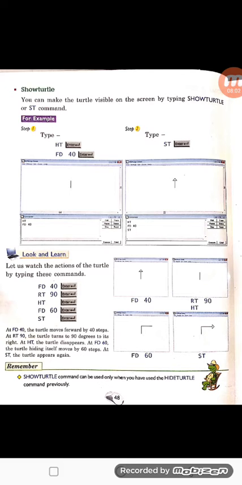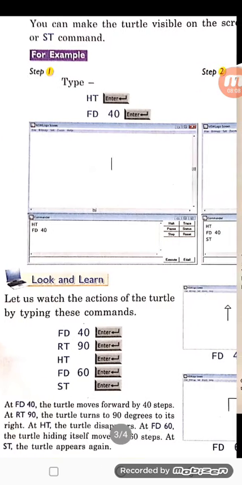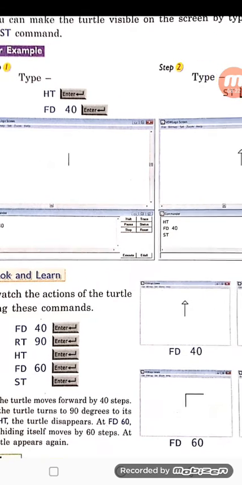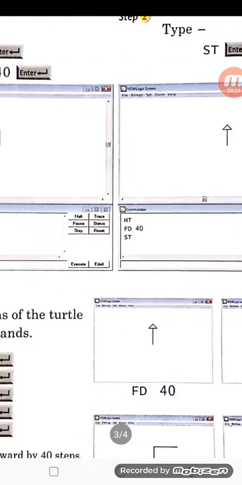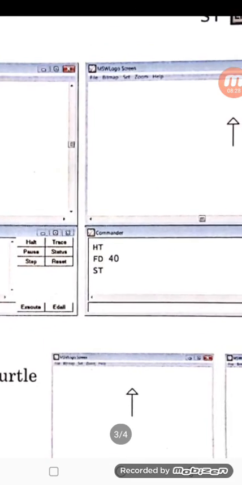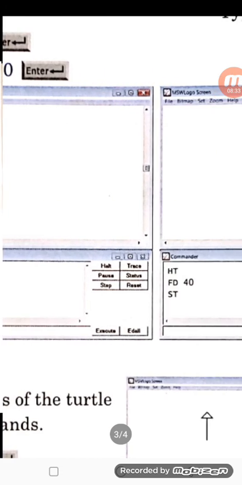For example, step 1 is given. First of all, we have to hide the turtle because only if we hide the turtle can we after that ask for show turtle. So here you can see that our turtle is hidden. But in the next one I want to show my turtle on the screen. So just see the command after HT hide turtle, forward 40.